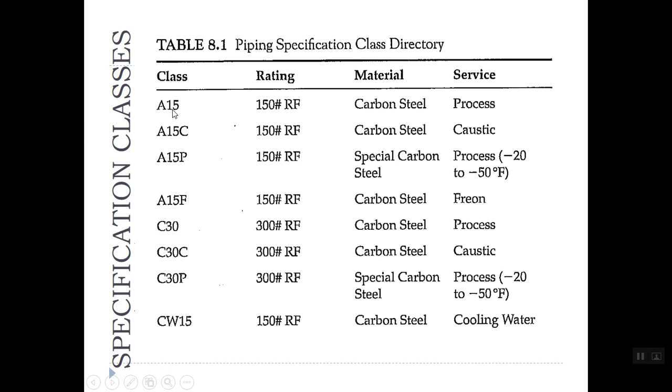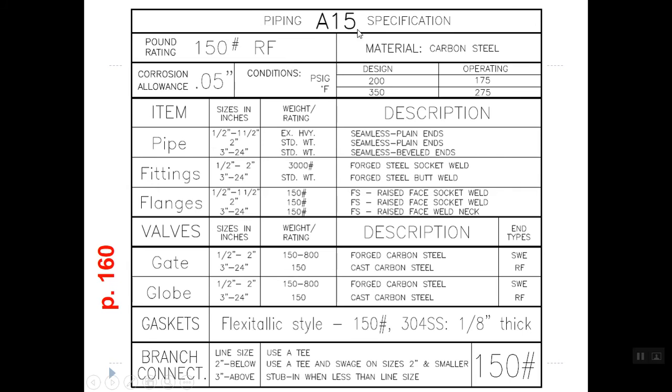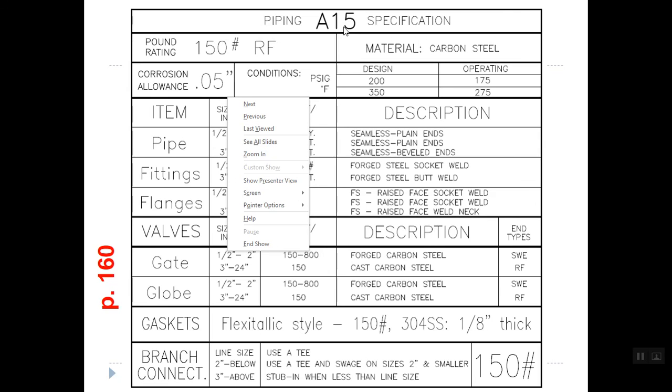Let's take a look at the A15 class, for example. Here is the piping A15 specification class. It tells us that the expected pressure rating is going to be at 150 pound for our valves and our flanges. The material is carbon steel, and then there might be a whole bunch of stuff down here we're not really familiar with. So let's take a little time and go through here and have a look and see what this does. And of course, you can look on page 160 in your text if you'd like to follow along. Corrosion allowance means how much of the pipe or the fitting can get worn away before we need to replace it. So for this specification,